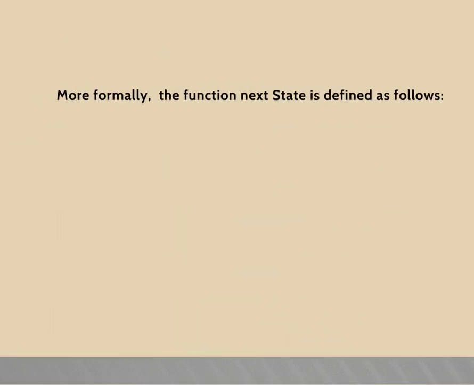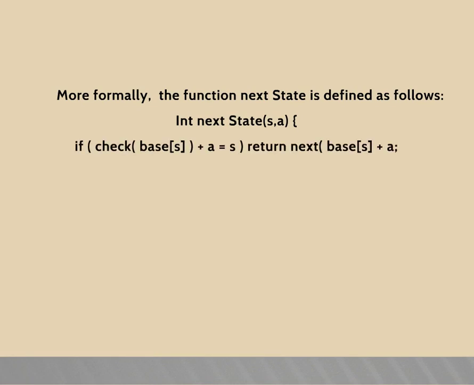More formally, the function nextState is defined as follows: int nextState(s, a) { if (check[base[s] + a] == s) return next[base[s] + a]; else return nextState(default[s], a); }